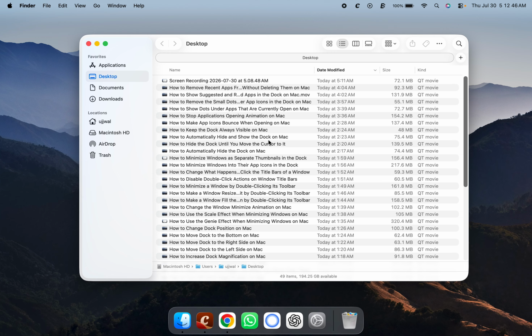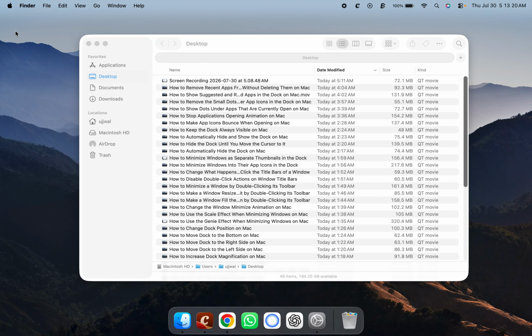So the current setting may simply not match your preference, or maybe when you double click on any Windows title bar, nothing happens. So maybe you have set the action to nothing. So don't worry. Fortunately, changing it only takes a few minutes, and to do so, click on the Apple logo